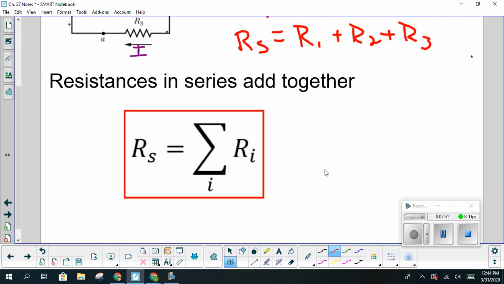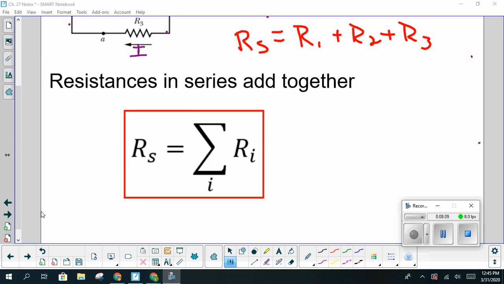And so I'd like you to take a moment, and I'd like you to find this equation on your equation sheets right now. So now that we see that our resistances in series all just simply add together, we're going to look at